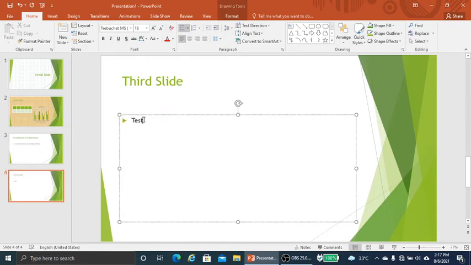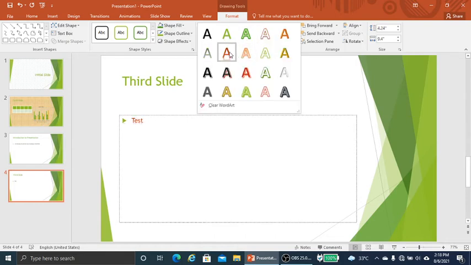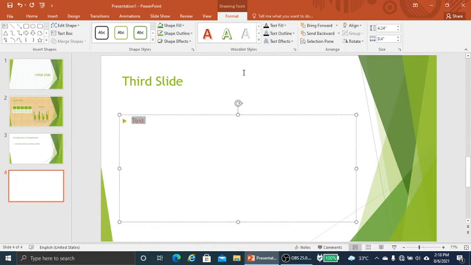I have selected the text, then I click on the Format tab. Under the Format tab, we can see the WordArt styles. So we can choose any style, and like this we can insert WordArt.